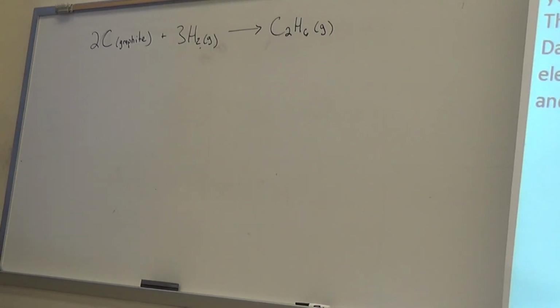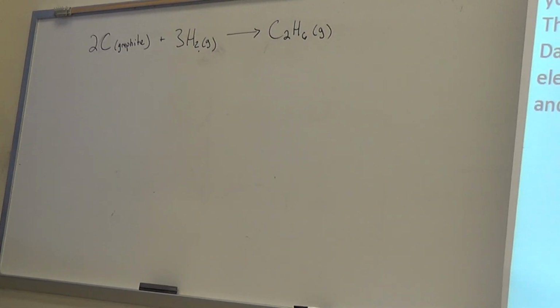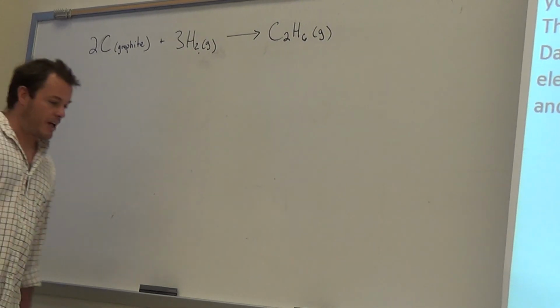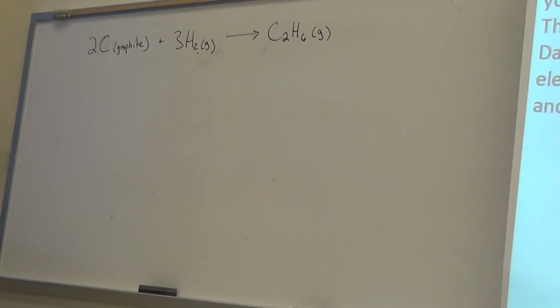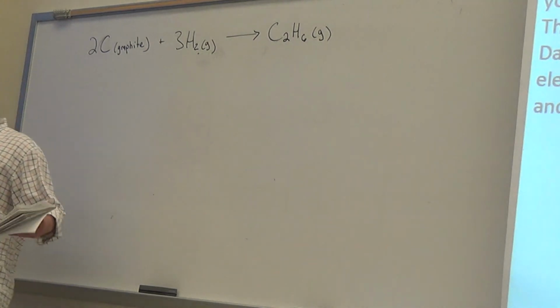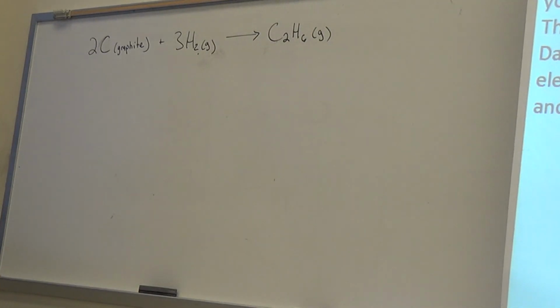The problem is if you take 2 moles of graphite and 3 moles of hydrogen and throw them into a reaction together, they're not going to react. It's a very, very, very slow reaction. You'd probably have to catalyze it and or pump some heat into it to get it going. And even if you got it going, it's going to be very difficult to form just one reaction product. You get a bunch of different reaction products, and so the heat